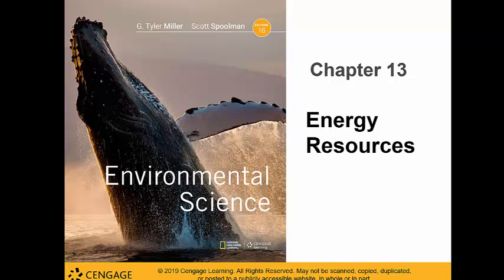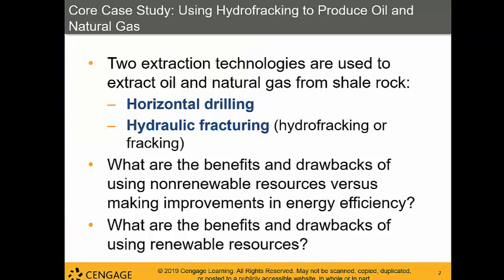So in chapter 13, we'll be talking about different ways that humans obtain and use energy and the various types of resources that are available as options and the pros and cons of these different resources. So your textbook starts with an example of a case study on how hydrofracking is used to produce oil and